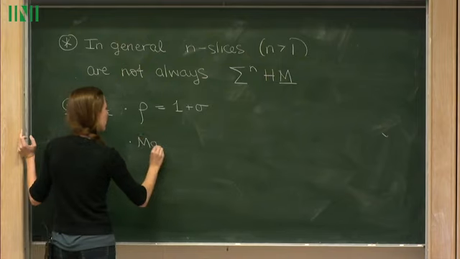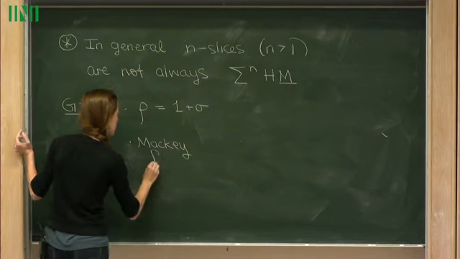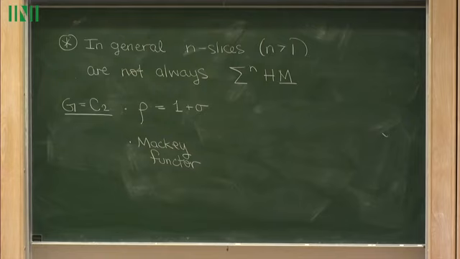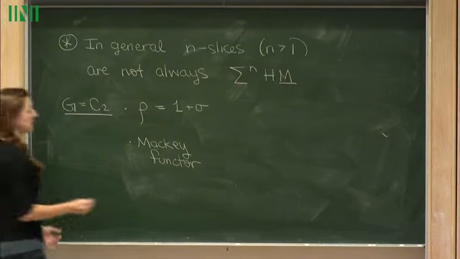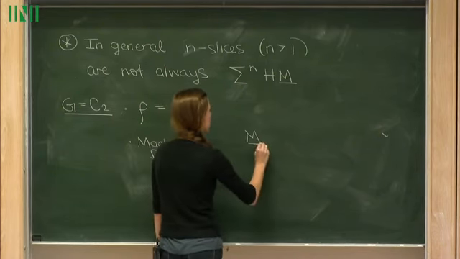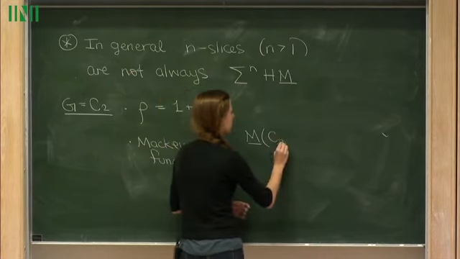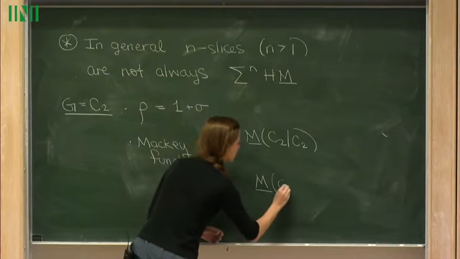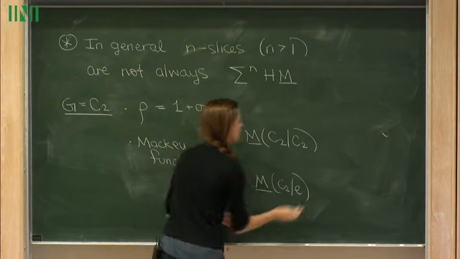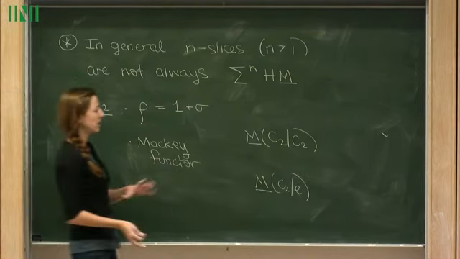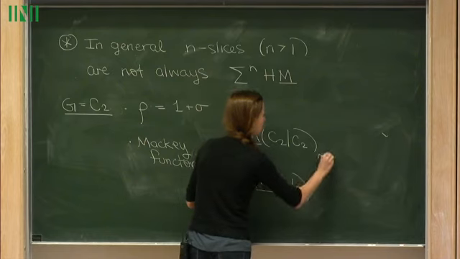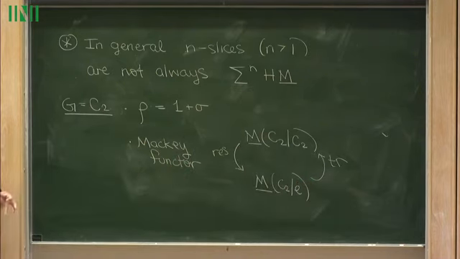Also, if I wanted to think about a Mackey functor on C2, well, I really just have to describe what happens on orbits and then the restriction and transfer maps. So I'm going to use Lewis diagrams to depict Mackey functors in this talk. And so we would just have to say what happens on C2 mod C2, what happens on C2 mod E, what are these groups, and then we have the restriction map and the transfer map. And those pieces of information would completely describe a C2 Mackey functor.